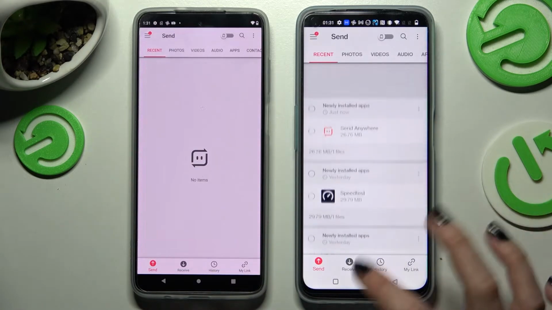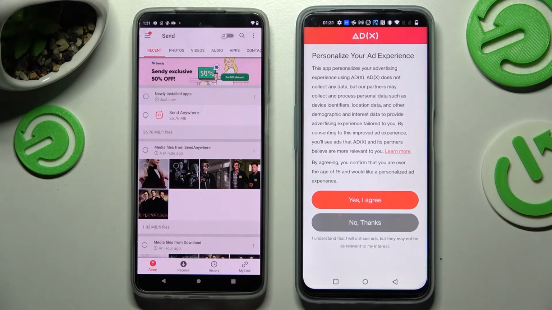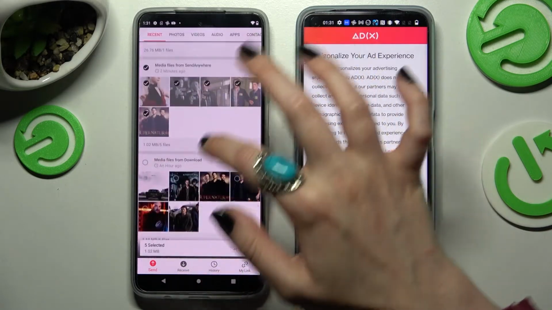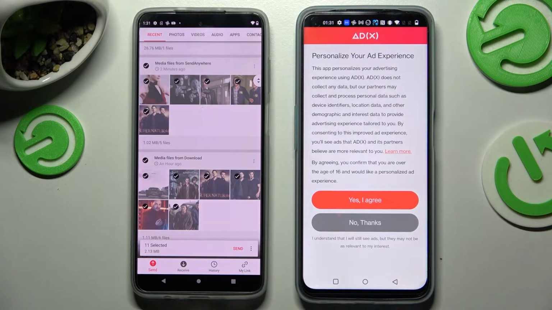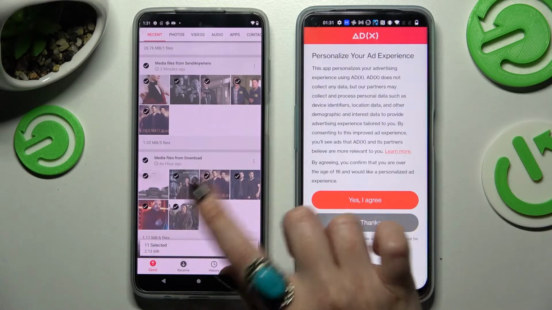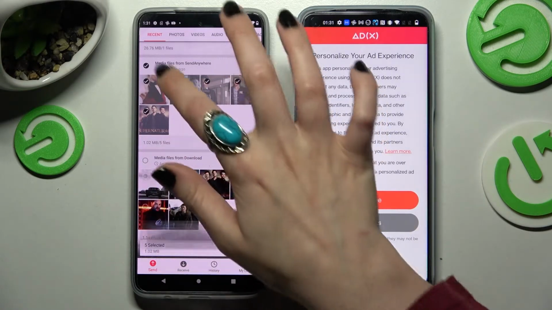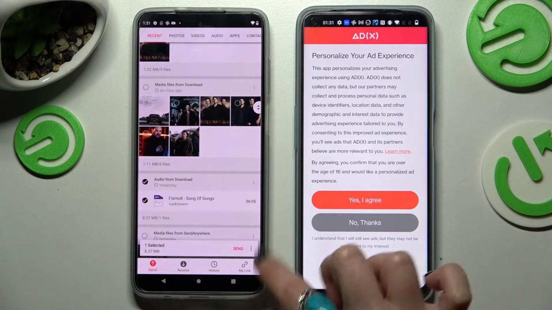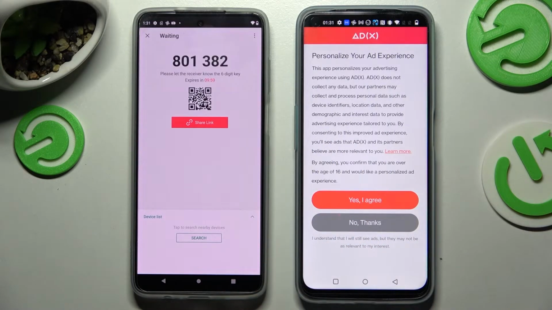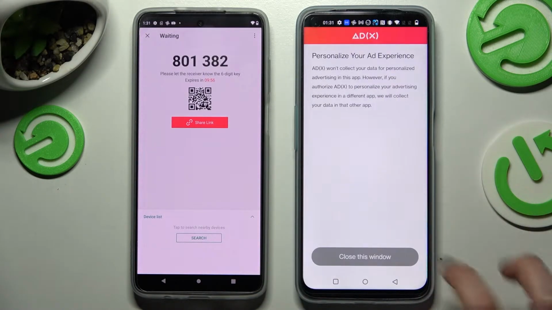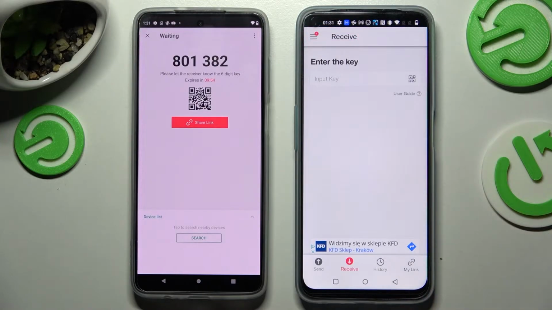When you're ready, click on Receive on OnePlus and Send on an Android. Then click on all of those dots and tap on Send. This way you can choose all of your files and transfer them later on. It will take a long time though, so I will go with this one song, choose Send and click on Got It. Now you need to choose No Thanks and close this window on OnePlus,